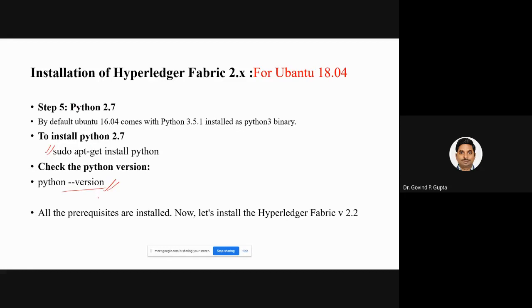Once these 5 steps are successfully executed, all the prerequisite requirements for installing the Hyperledger Fabric are done. Now your system is ready to install Hyperledger Fabric 2.2.